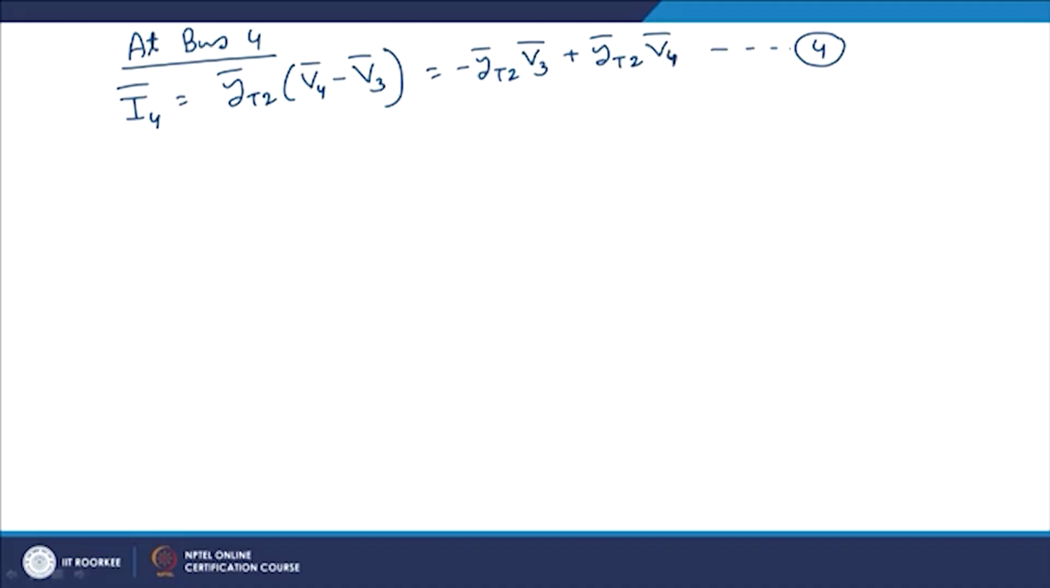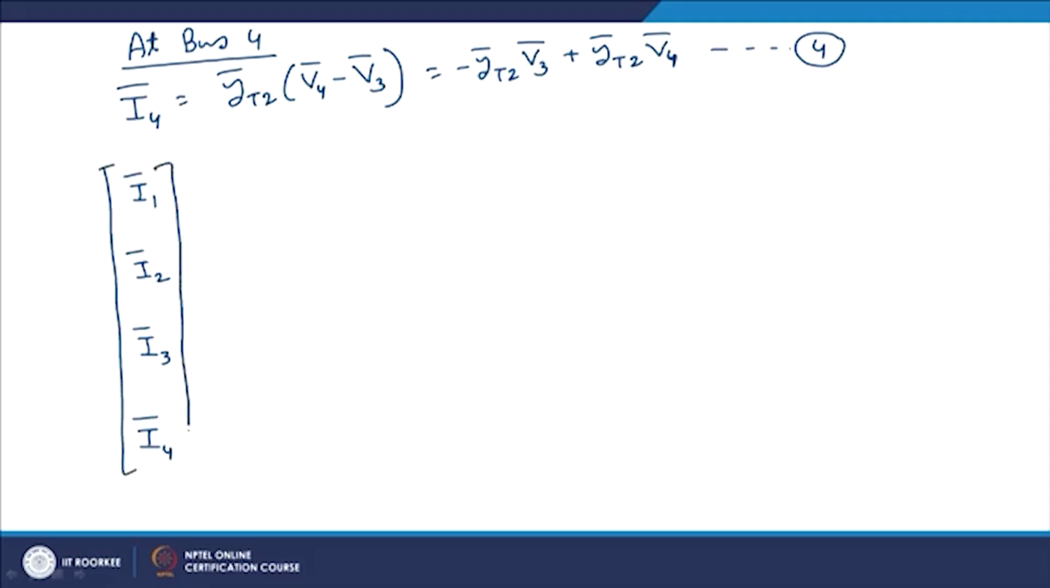Now, what we will do is, we will collect all these 4 equations together and write them in terms of a matrix. So, if I do that, I get I1, I2, I3, I4 is equal to some matrix